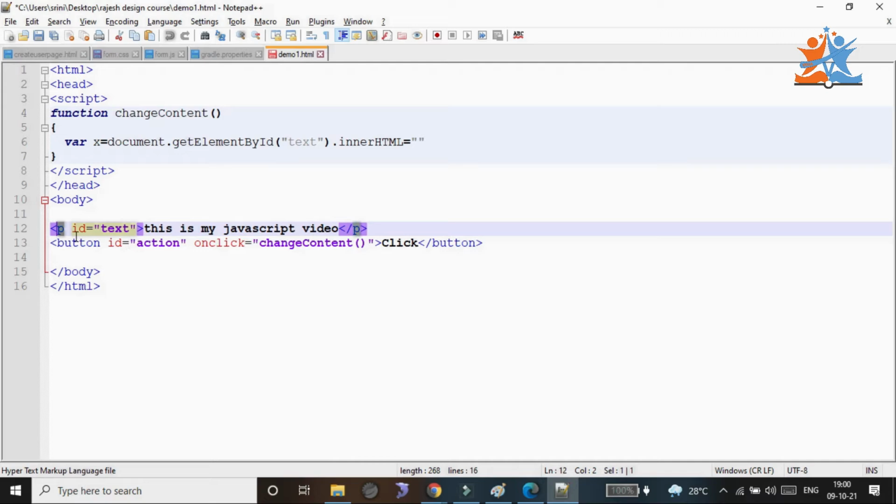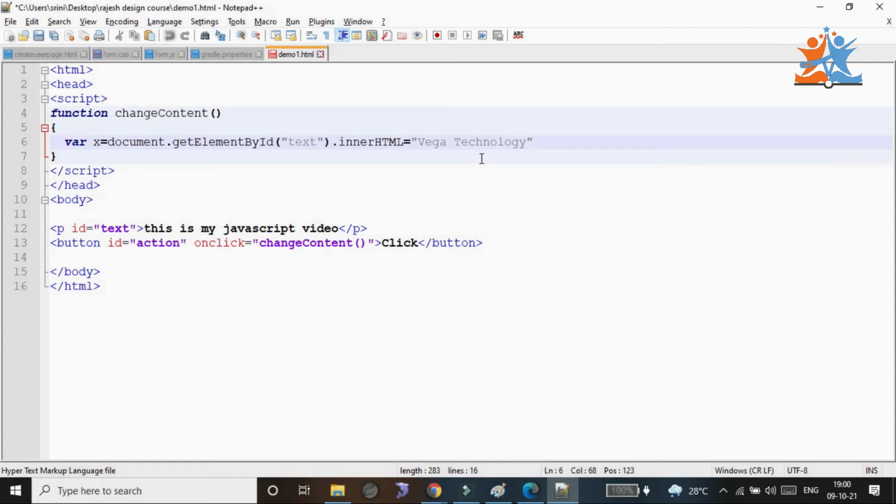I need to change it to Vega technology. Everything ends with a closing quote, and here I end with a semicolon.